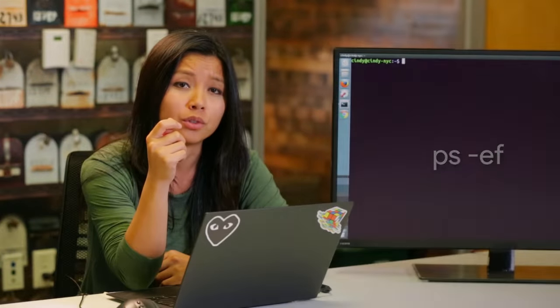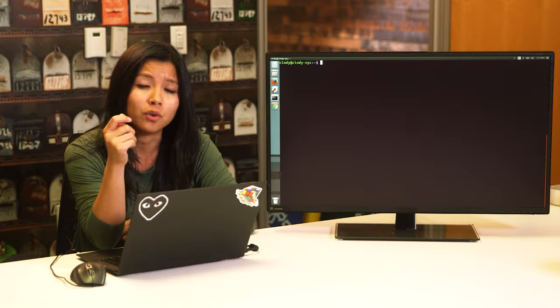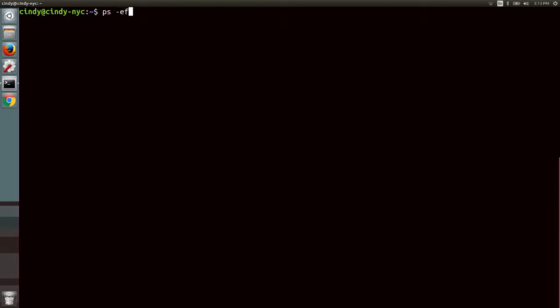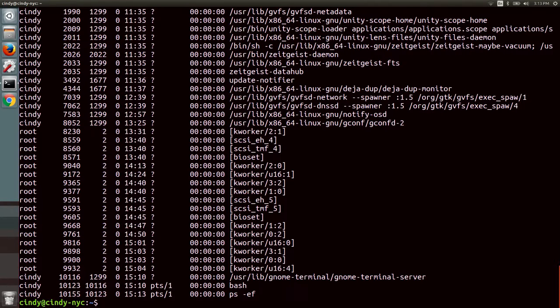Okay, now we're going to enter hard mode here. Run this command, ps -ef. The -e flag is used to get all processes, even the ones run by other users. The -f flag is for full, which shows you full details about a process. Look at that! We have more processes and even more process details. Let's break this down.